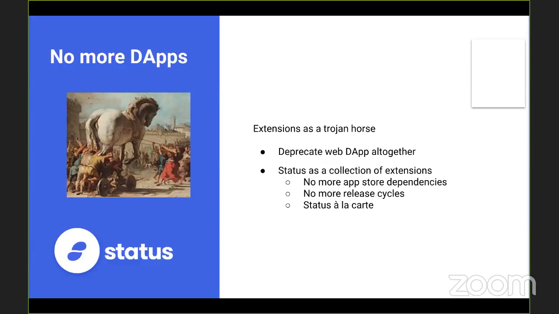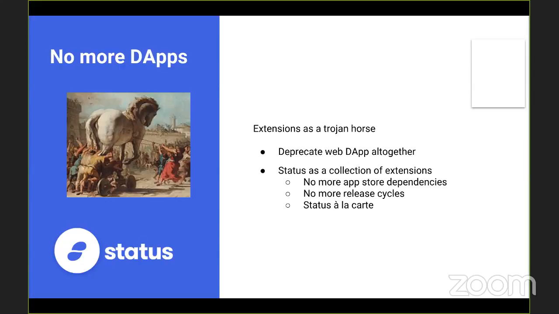And in the future, I think it would be really nice to have Status itself, because Status is a dApp, so extensions are dApps, everything is a dApp. So we could have just Status being a collection of extensions, which almost removes the dependency on the App Store, because then you would only need that very thin layer of Status that provides the extension support and Ethereum access, and then all the rest, like wallet, chat, and so on, would just be extensions. And we control the lifecycle of these extensions because they are stored on decentralized storage.